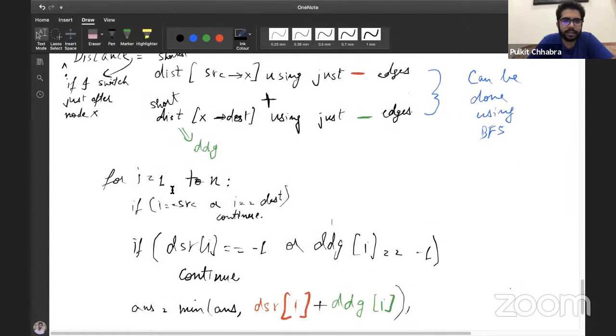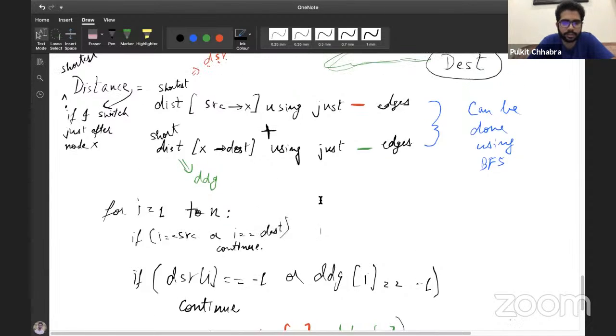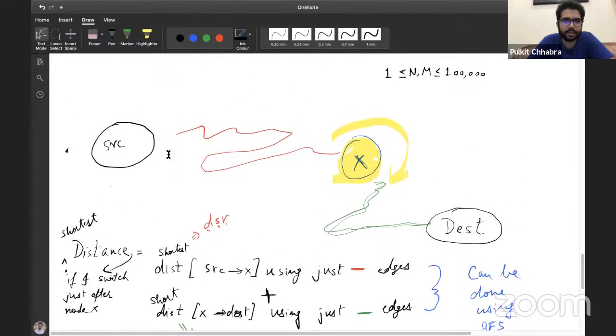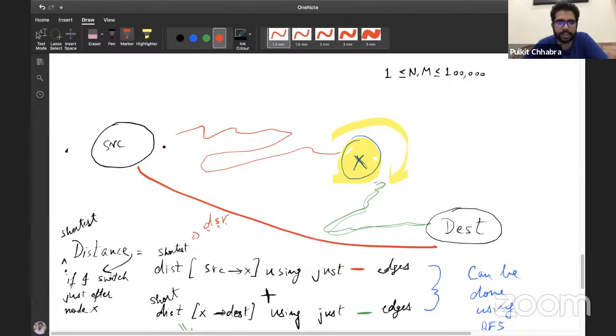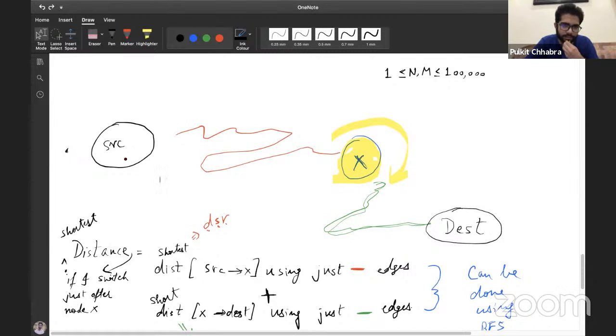Yes, Ame, you are right. Then also continue, but why cannot the x be equal to the source or destination? Simply because if I switch right after the source only, then my path will look like green, green, green, green, then the path will just be green only. And if the x value is equal to the destination, then my path will just be red edges only. So this is why the x value cannot be the source or destination. It has to be some other value.